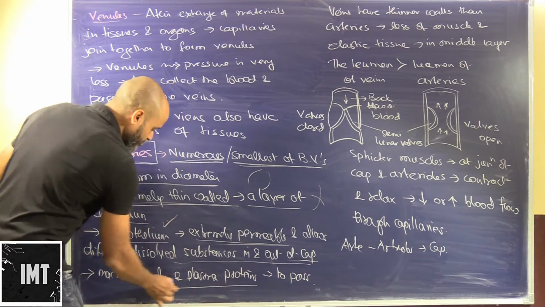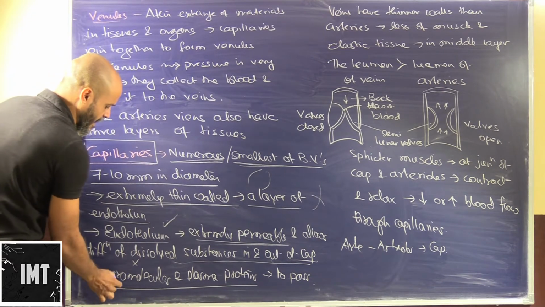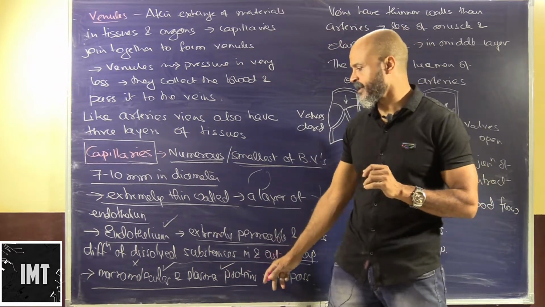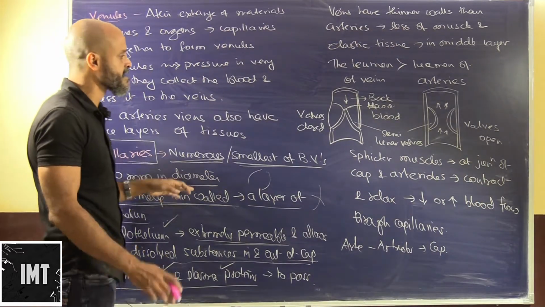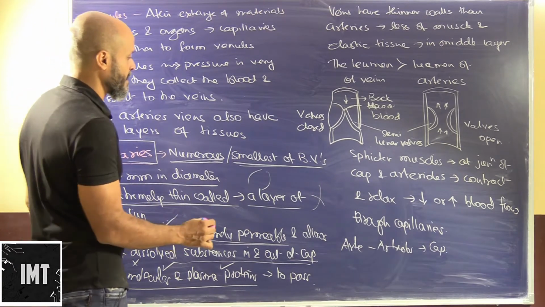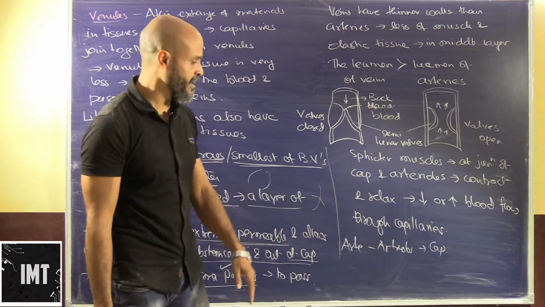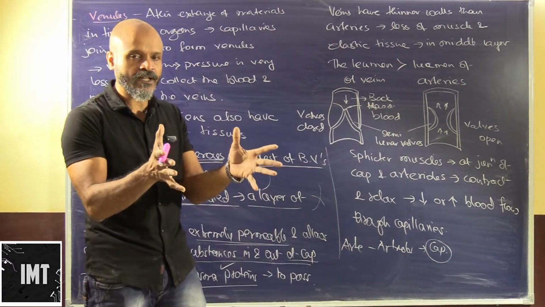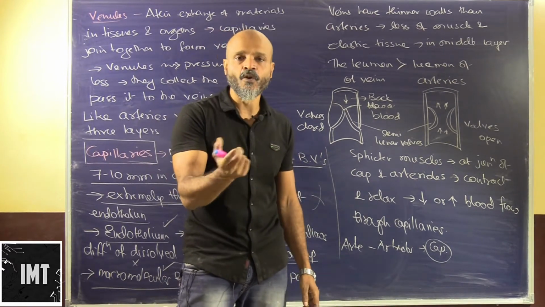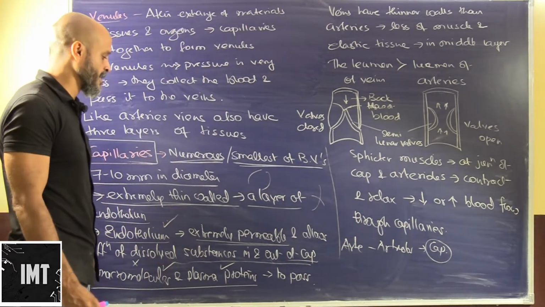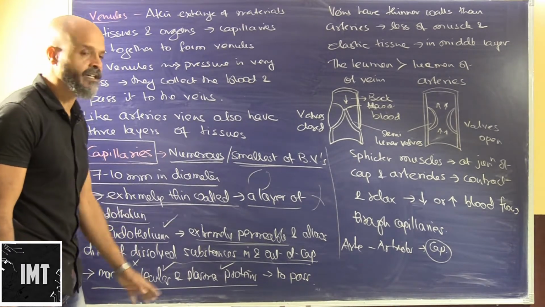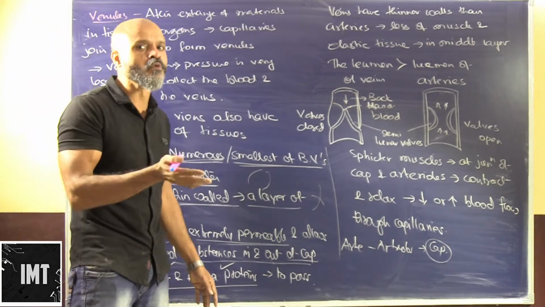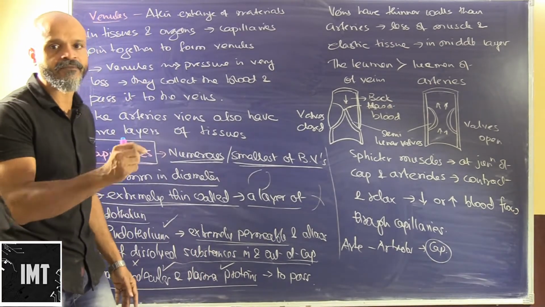The only things that they won't allow are macromolecules and plasma proteins. Okay, so capillaries are a very branched network, and as the network size increases, they become thinner and more permeable. They will not allow macromolecules and plasma proteins to pass. However, they will allow most of the gases and other things to pass. Very permeable, very smooth diffusion is allowed through their membrane, and very thin as well.